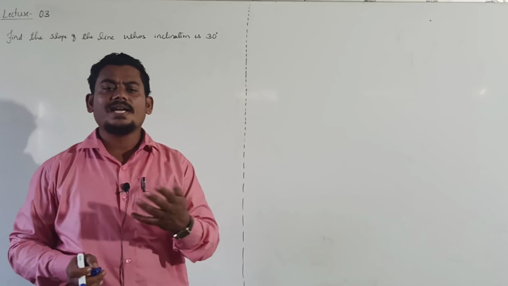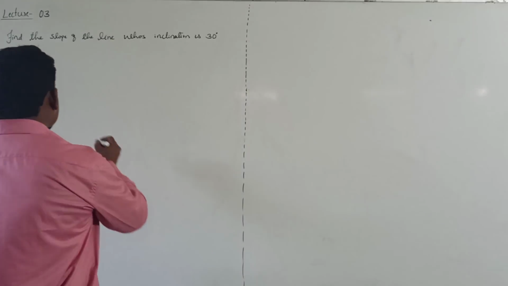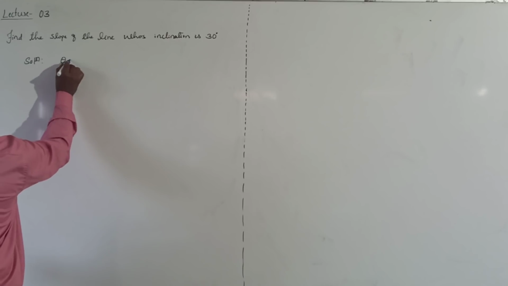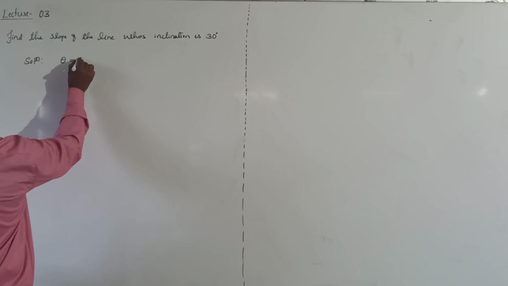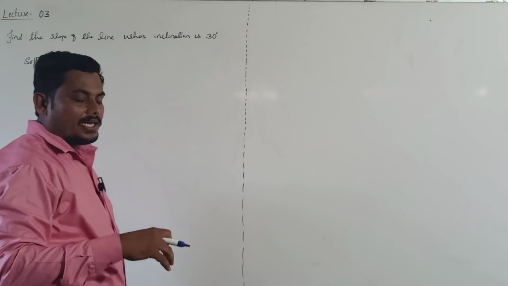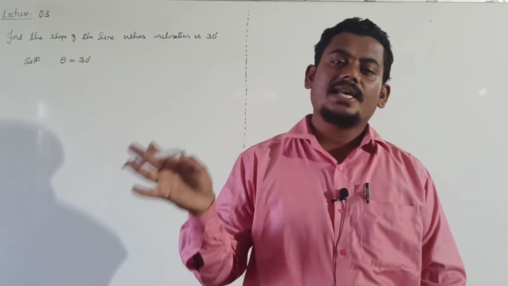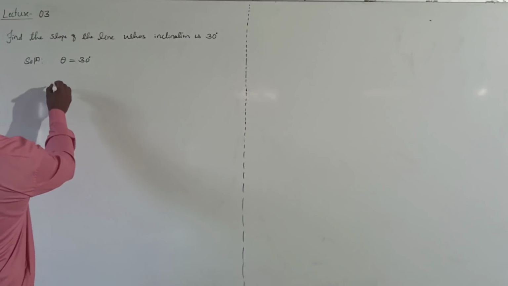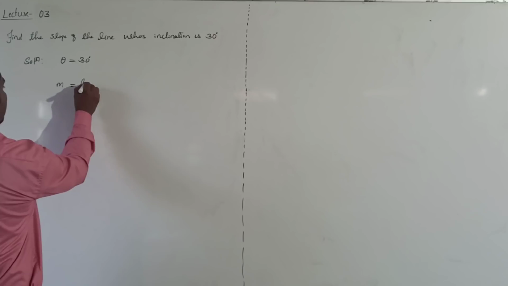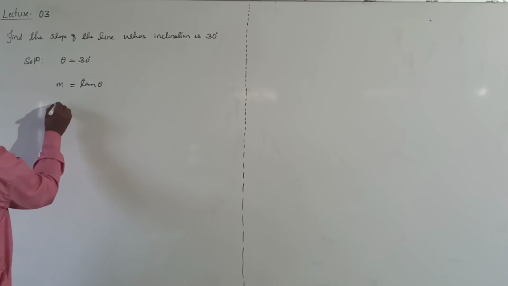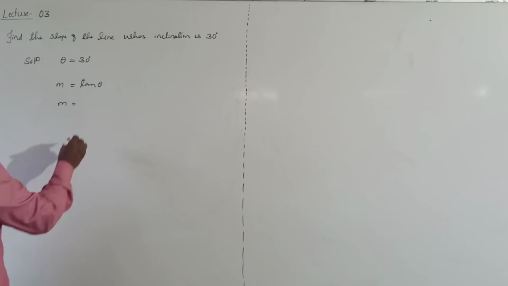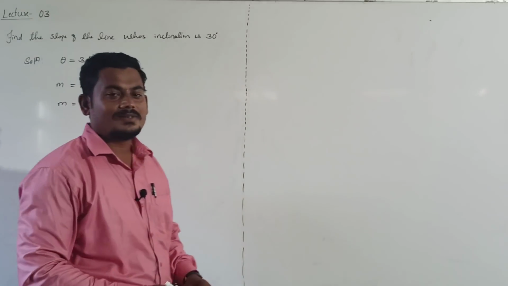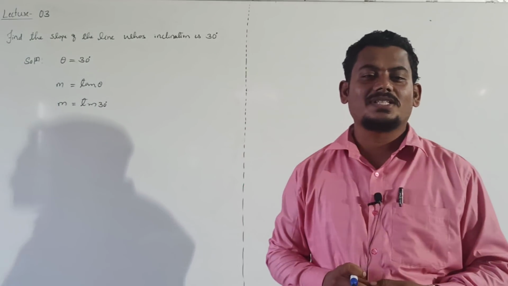Inclination means generally we can take it as theta, right? In this case, they have given theta value, that is 30 degree. If inclination of the line is given, then what is the formula for finding slope of the line? Slope of the line m is equal to tan theta. In this case, theta value they have given, right? Then tan 30 degree. Already you know tan 30 value. Tan 30, whether root 3 or 1 by root 3?